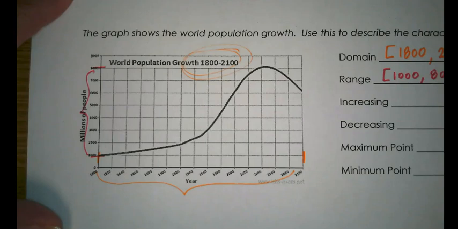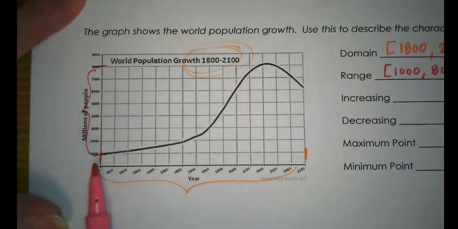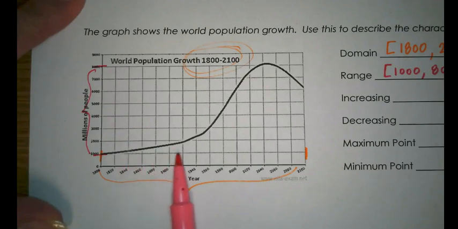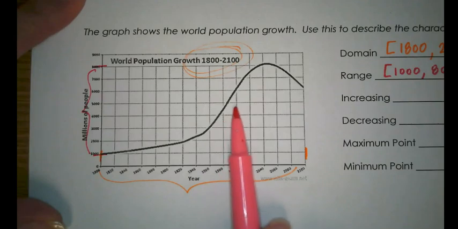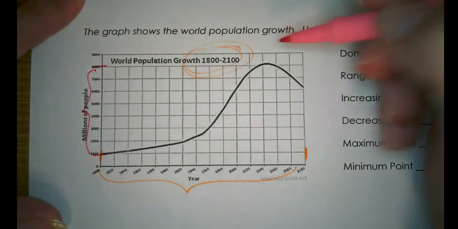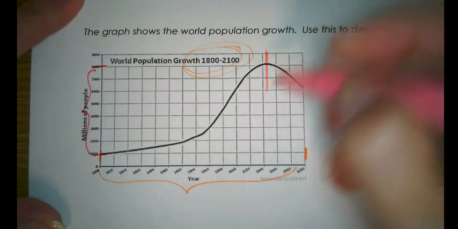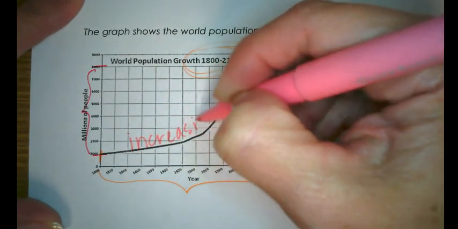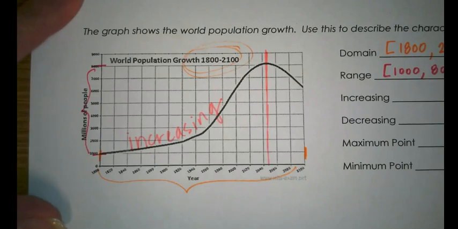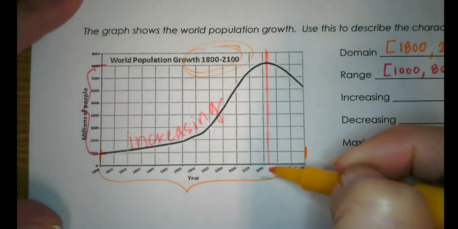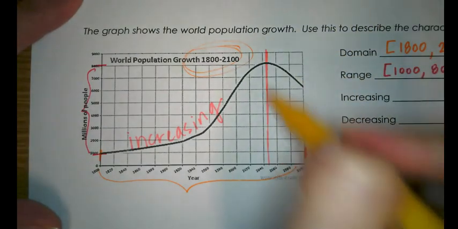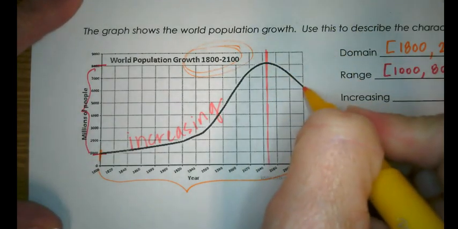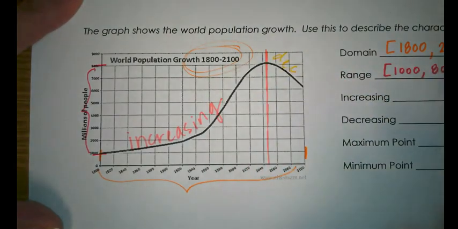All right, so next up we're going to look at the increasing and decreasing. It looks like starting in 1800, the population is increasing. It's still increasing, still increasing. I don't know, maybe somewhere around here is where it stops. So all of this right here, the population is increasing. And then from whatever year this is, we'll zoom in a second and see if we can figure out what year that is, it looks like from here to the end of the graph, the world population was